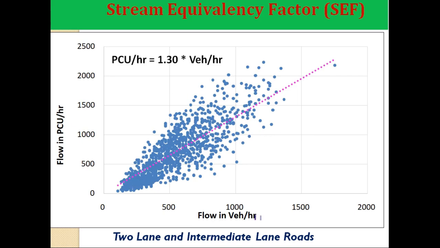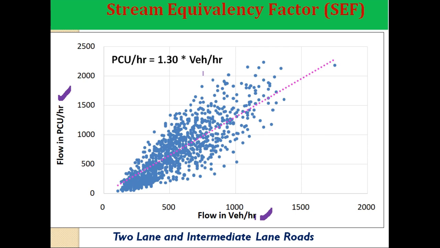Now this is what was actually measured in the field, and this is after converting flow into PCU using dynamic passenger car unit values. And you can see here that there is a very poor correlation between these two values, and it is mainly due to the fact that PCU for a vehicle type will depend upon traffic composition,